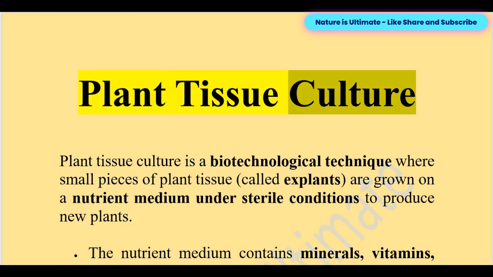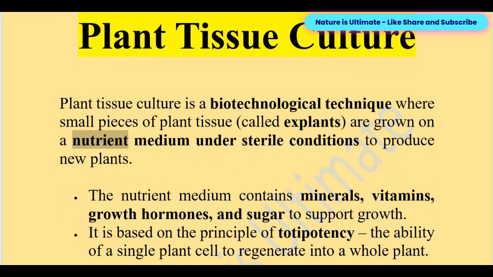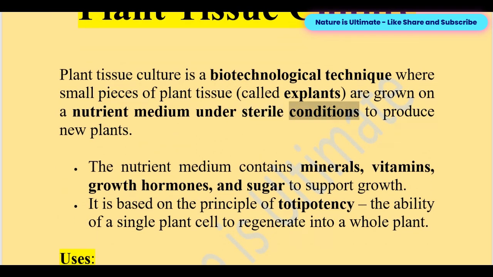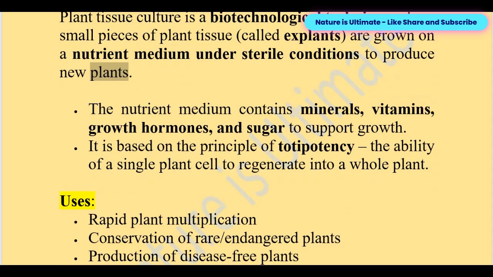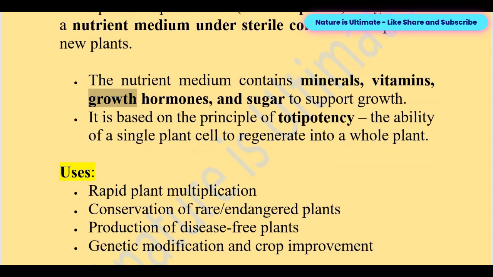Plant tissue culture. Plant tissue culture is a biotechnological technique where small pieces of plant tissue, called explants, are grown on a nutrient medium under sterile conditions to produce new plants. The nutrient medium contains minerals, vitamins, growth hormones, and sugar to support growth. It is based on the principle of totipotency, the ability of a single plant cell to regenerate into a whole